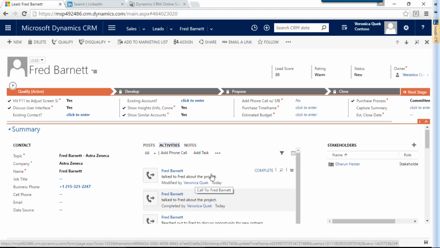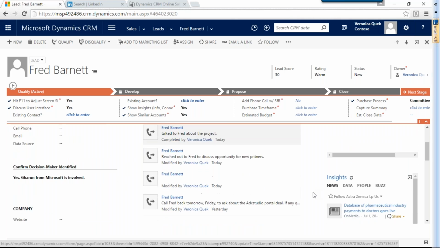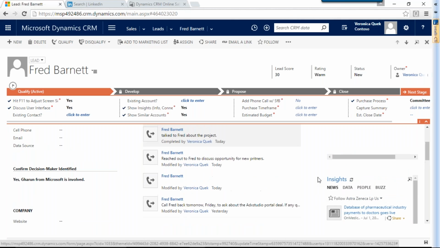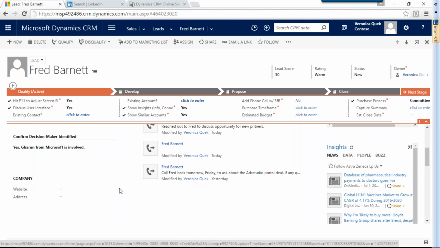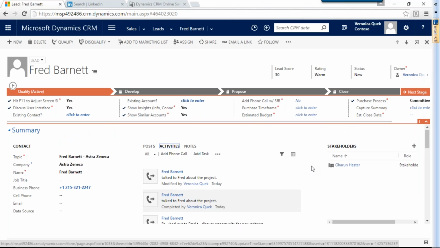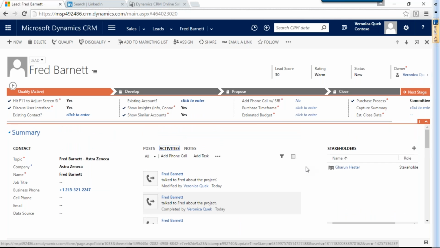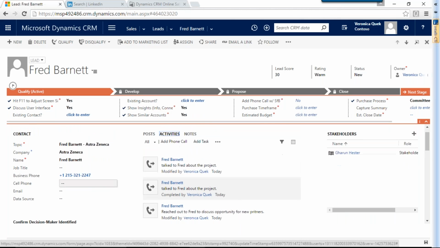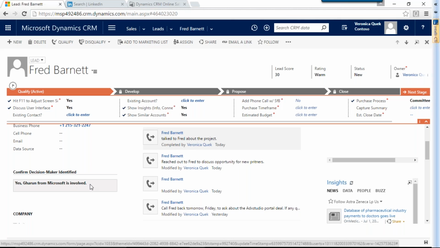So that's what I have in terms of lead qualification. We did our research. We went and found out who else might be involved in the project. When we look at the guided business process flow, I have a little bit of logic in here that shows there's some automation. Basically, if I had this blanked out,